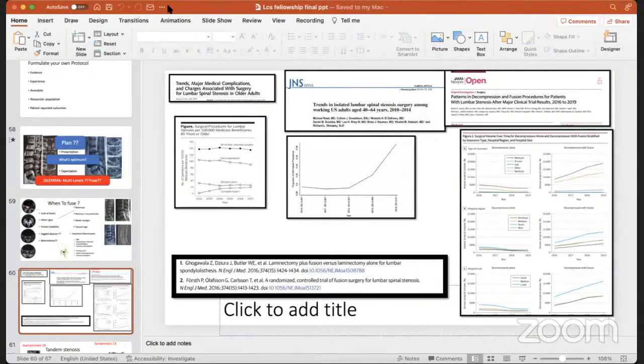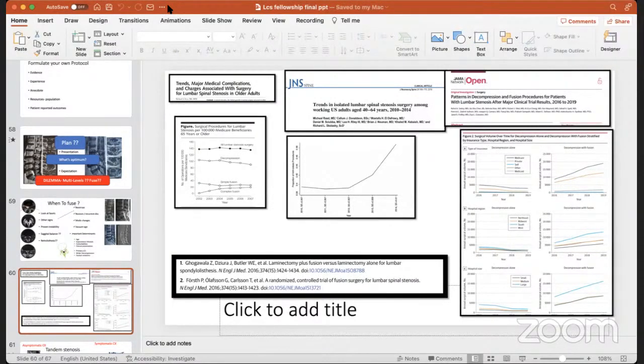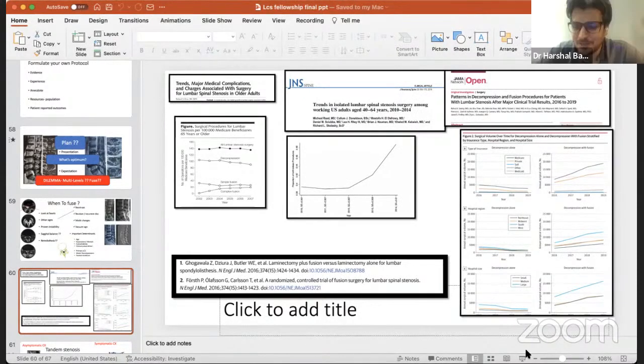Sorry. Yeah, I just wanted to show this one, good literature actually. These are the trends in the last two decades basically: 2000 up to 2010, 2014, and 2016 to 2019. And we have had wonderful literature come across on when you should not stabilize. Harshal, sorry to interrupt. Delegates are asking about full screen. Just make that slide enlarged. Just a minute, I was going to show one slide only. That's why I was doing this. Yeah, I think full screen is happening right now.